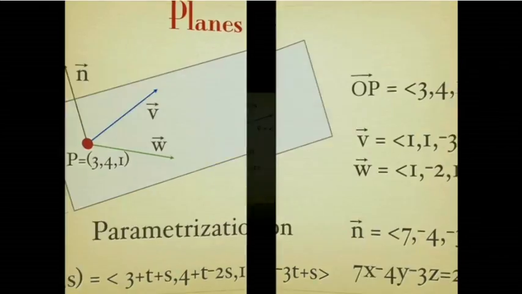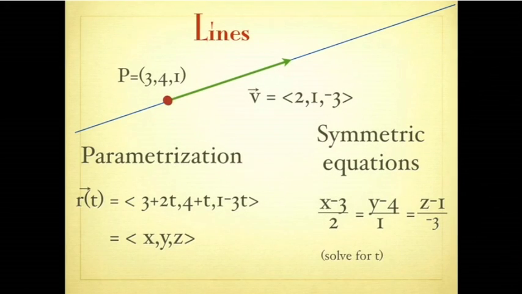And lines, I should have deleted this because officially we don't do that here. I already deleted it in the review sheet, but I forgot to delete it here. So you don't need that. That's the only thing we need for the parametrization of a line. We had a little bit of a crunch time in the second week, so I decided to cut a little bit, so this was cut away. But this is the parametrization you should know.